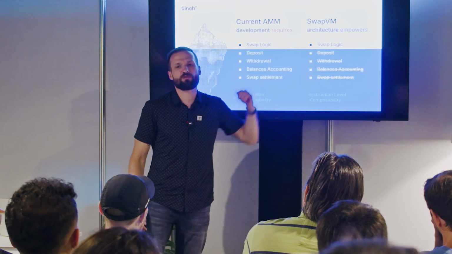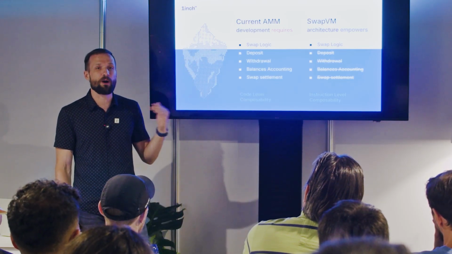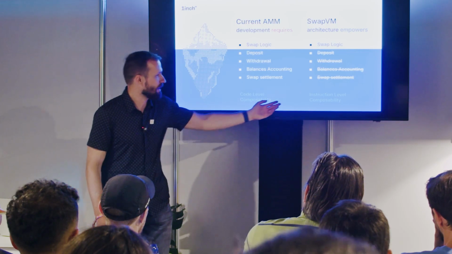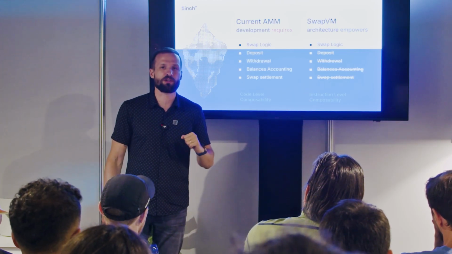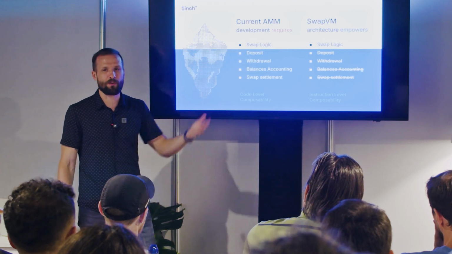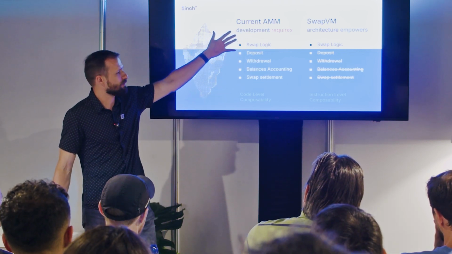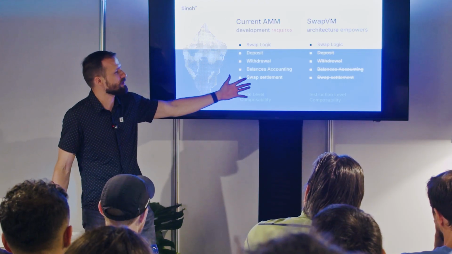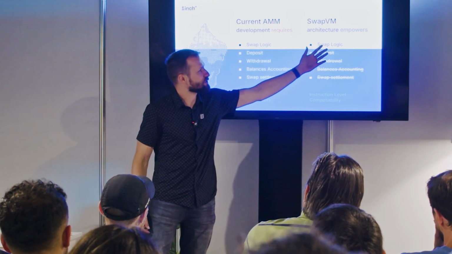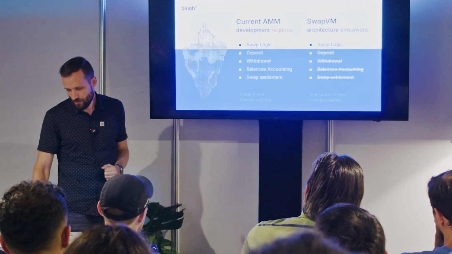You could just make your swap logic. You could make your own instructions which can be combined with each other, because we have instruction-level composability here. Code-level composability means that you could borrow code from any GitHub repository when you develop your own AMM. But this is still much more complicated than writing instructions which can be combined with each other. And that's it.